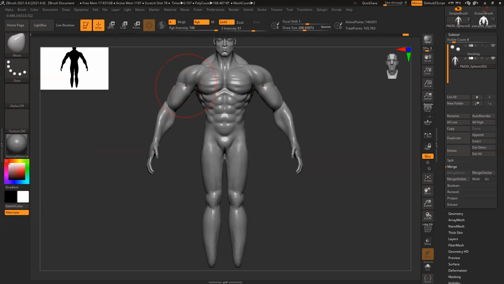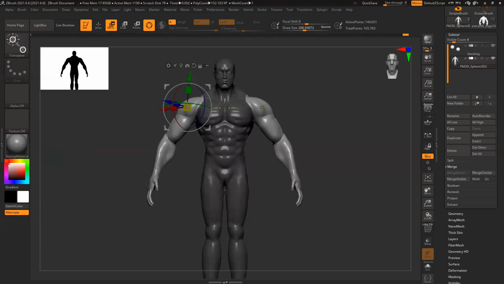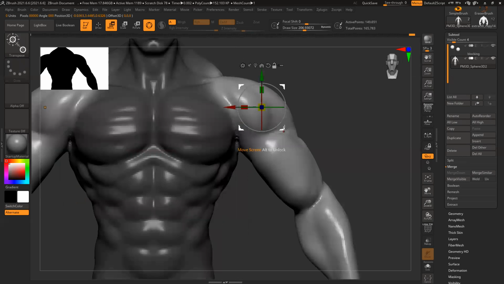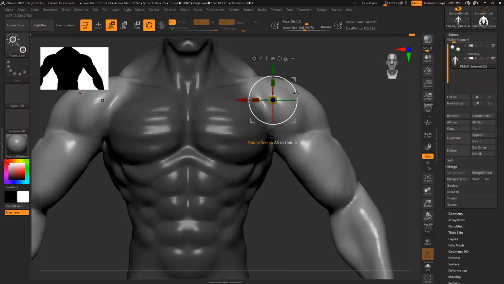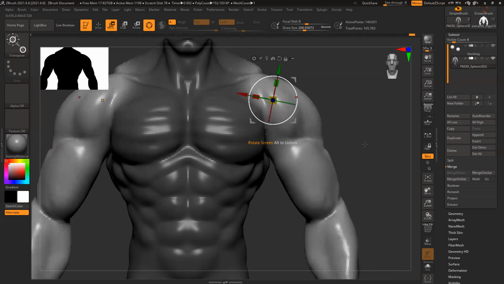So W, click on the arm, Control Alt, select both the hands also, soften it, and place Alt and move it, and wherever your bone joint is, center, place it there and rotate slightly.